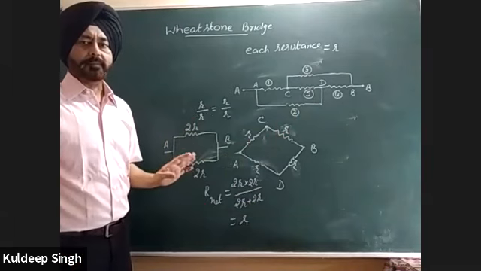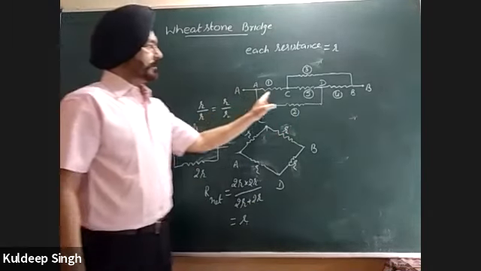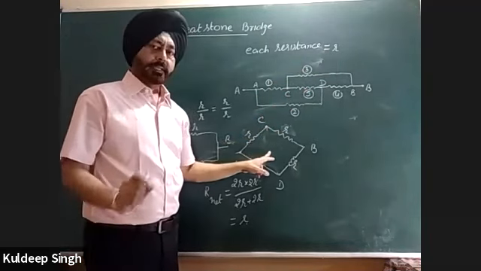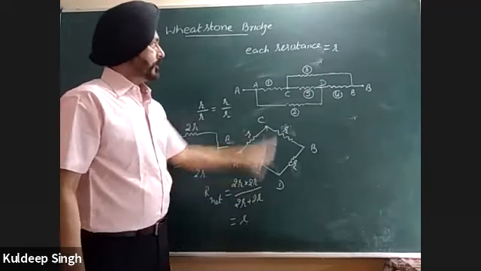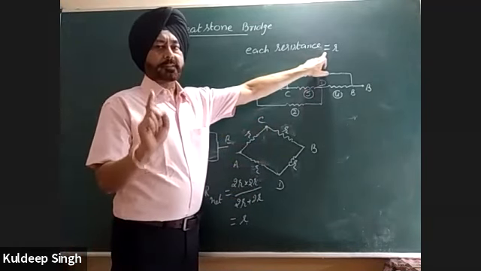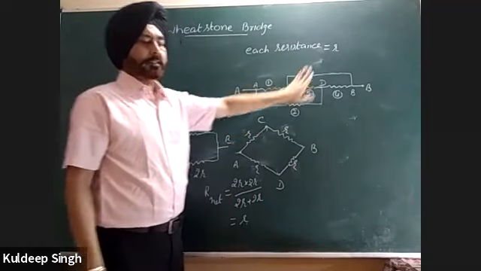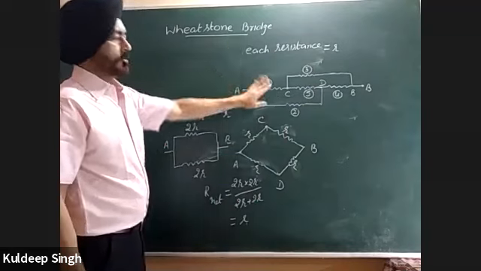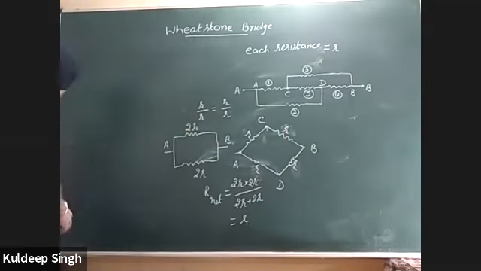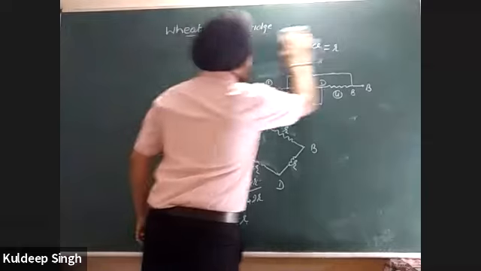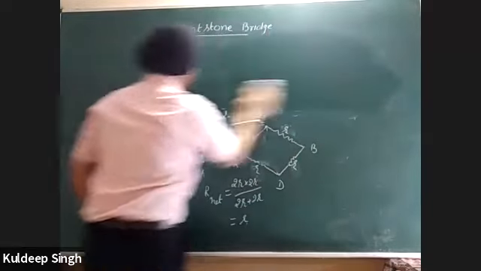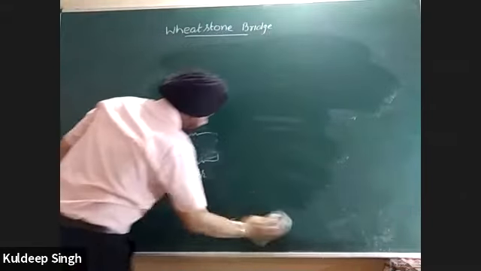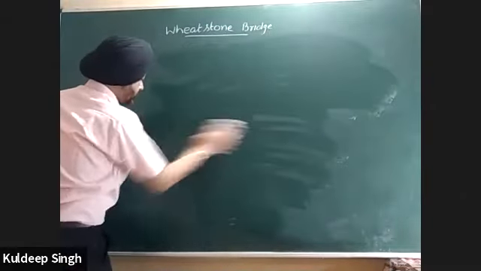Another point you should remember, that is a shortcut. When all the resistances are equal and the Wheatstone bridge is balanced, then the net resistance will be equal to one of the resistances, if all the resistances are equal. So this is the second form of the Wheatstone bridge. Apart from this, there are many other forms. I will draw on this board and you try to think about it. Are they Wheatstone bridge or not?